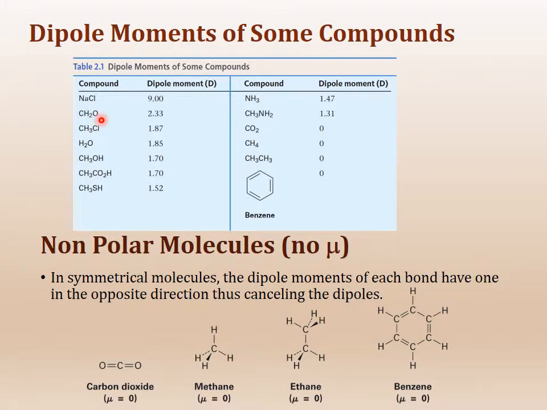Of course, the highly electronegative elements like oxygen, nitrogen, and fluorine will all show very high dipole moments unless there is symmetry in the molecule. But otherwise, most of them will have really high dipole moments. So by the time we come to these molecules here, they have very low dipole moment or zero dipole moment. So carbon dioxide, methane, and then ethane, benzene, no dipole moment. So these are the structures of the molecules that have no dipole moment, and you can see that they are